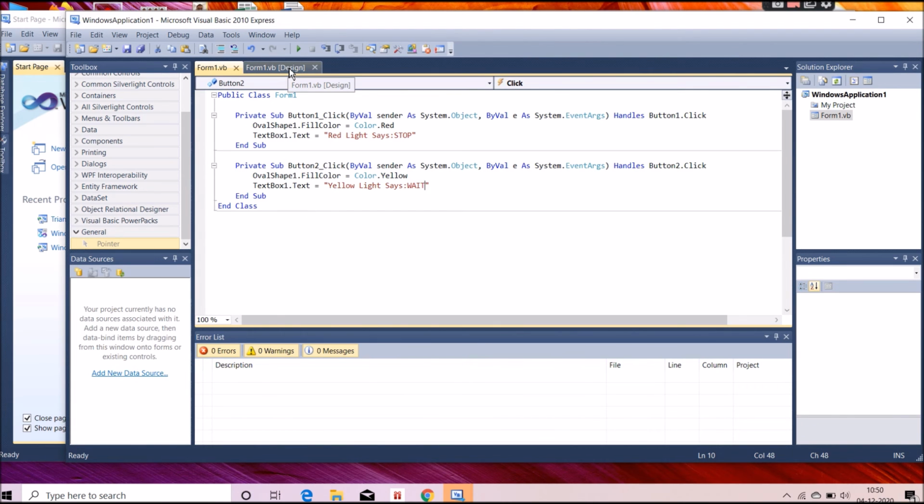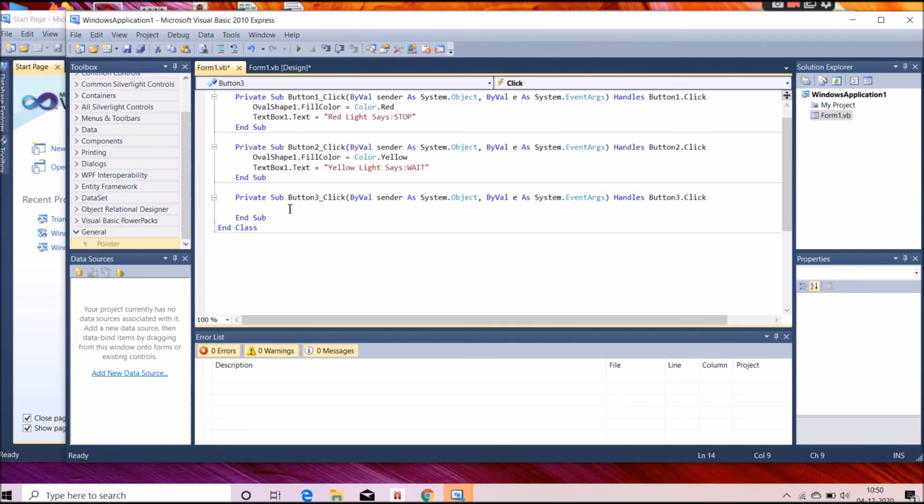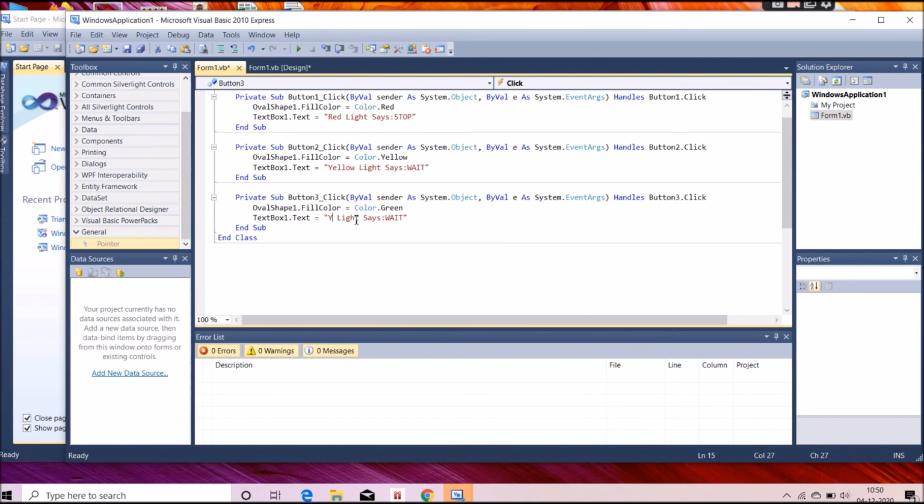Go to Form1.vb, click on the green button, and copy this code, paste it, and change the color to green. Write the message: Green light says go.